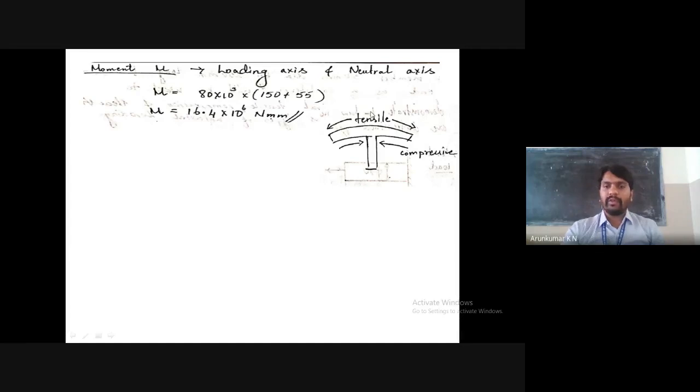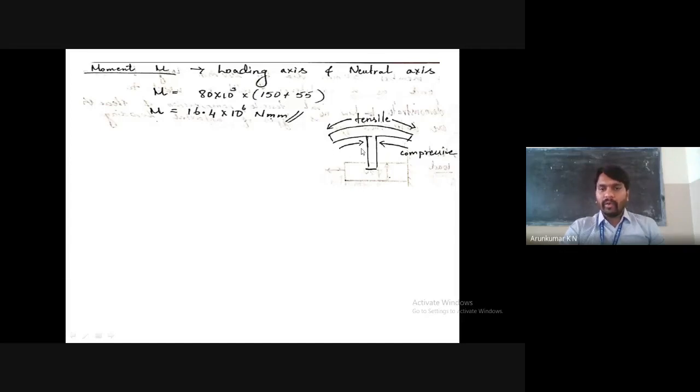What happens when the member is subjected to bending like this? The top surface will undergo expansion. Look at this. If I take this member, it's just like this, and the bottom will be like that, it will expand like this. It means the top surface will undergo expansion and the bottom fiber will be subjected to compression. Yes, the top will undergo tensile and the bottom will undergo compression, right?